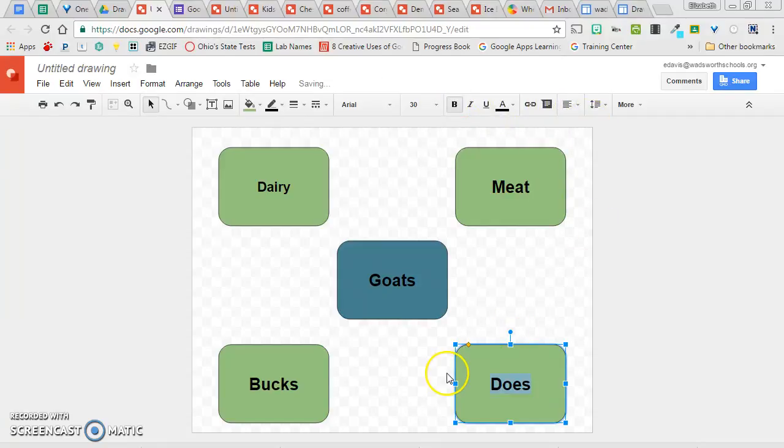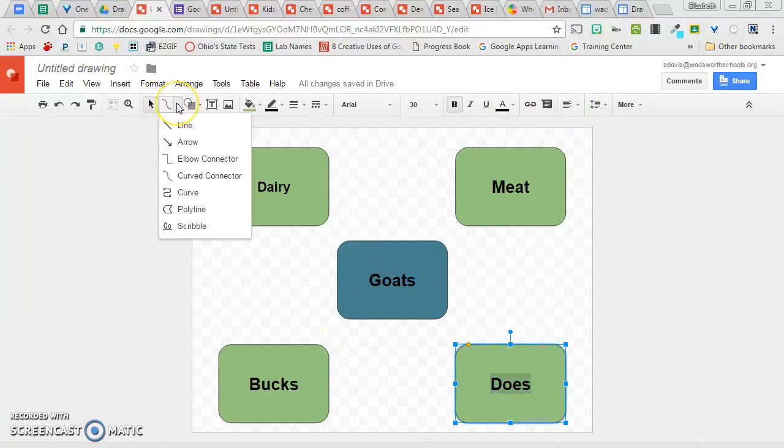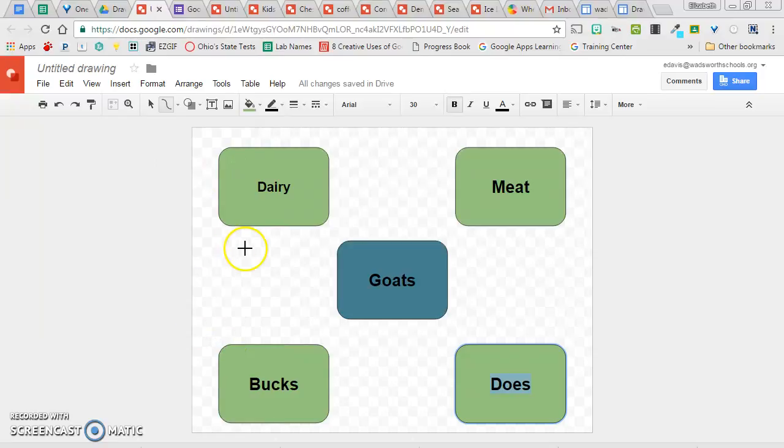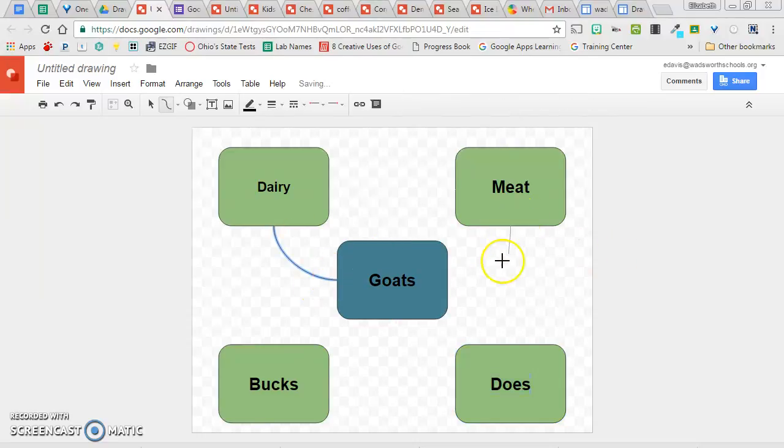All right, now, here's the cool thing about connecting them. If I go over here to my line tool, it automatically has some connectors built in. Elbow connector, curve connector. Use whichever one you want. I'm going to go ahead and use the curve connector this time. Now, when I come over here, notice how when I mouse over this one, you get those purple dots. If I click near the purple dot, it's going to connect there. Now, when I get close to this one, it's going to find that purple dot and automatically snap right to it. If I went over here, it's going to find that purple dot and snap to it. If I go over here, it's going to snap right into that place. So it's already built for graphic organizers. So if I do that for each of these,